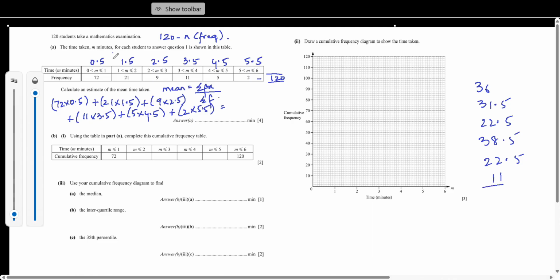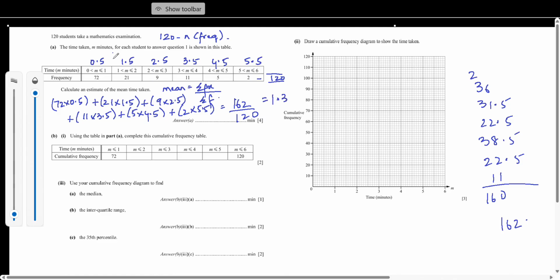So 36 plus 31.5 plus 22.5 plus 38.5 plus 22.5 plus 11 gives us 162. So this is 162 and the denominator is 120. So 162 divided by 120 gives us